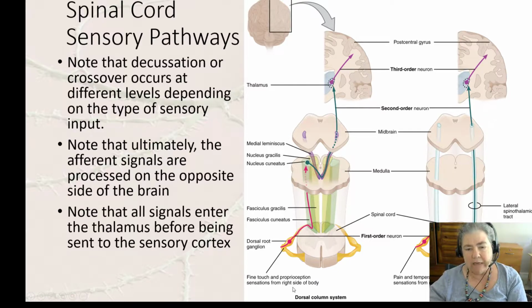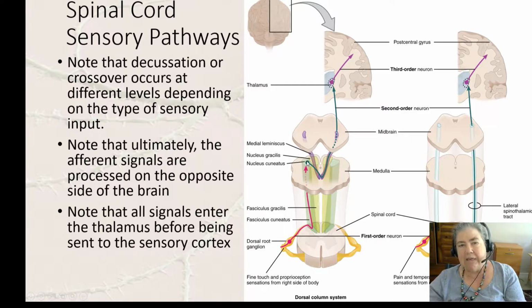They come up the peripheral process of the axon of this pseudounipolar neuron, and then the central process enters the spinal cord. It ascends a couple levels. Actually, it ascends all the way to the brainstem, where it synapses with a secondary sensory neuron,